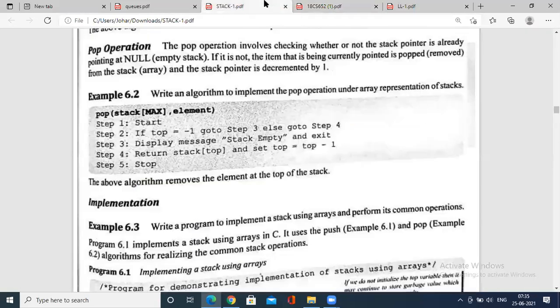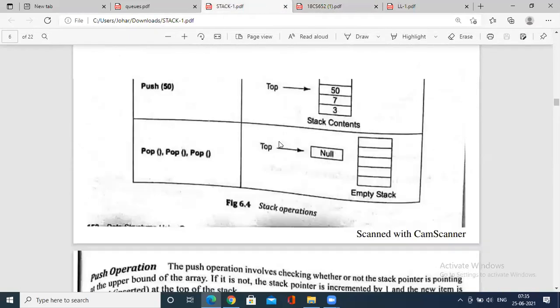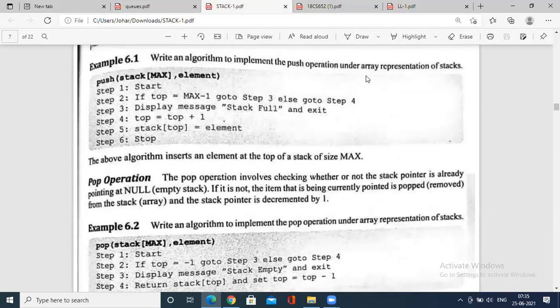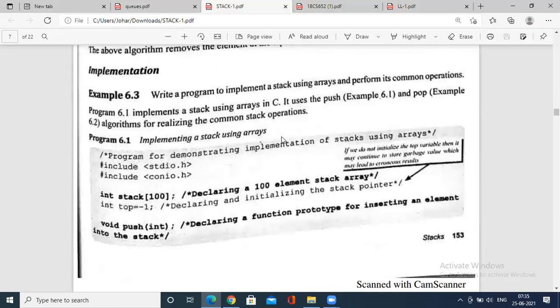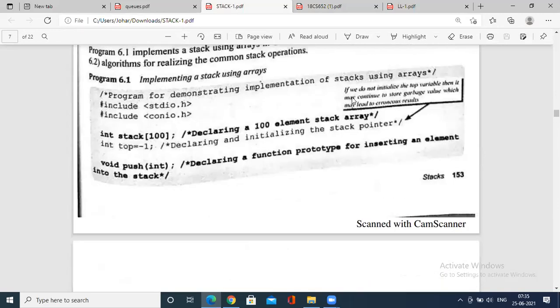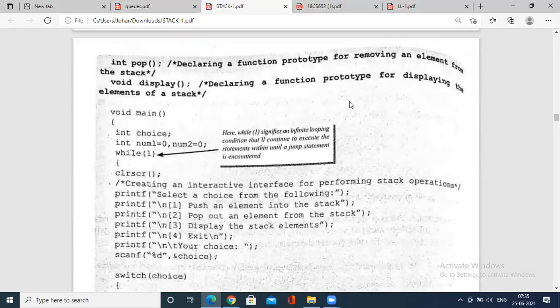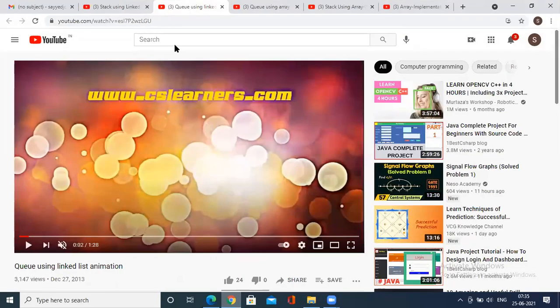Today let me start again with the concept of stack, right? So let me revise the stack concept. That is, you know how exactly the stack works and what the basic implementation of a stack using an array is, right? How do you write a program to implement stack using array? Parallelly we'll go for using linked list, and parallelly we'll go for a queue. Okay, try to understand.